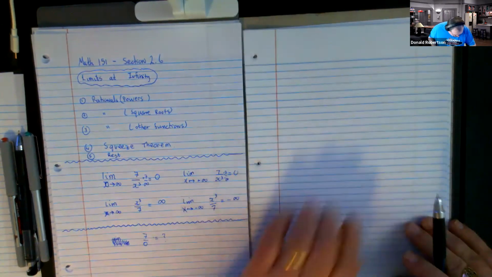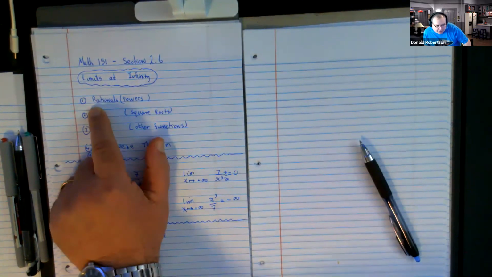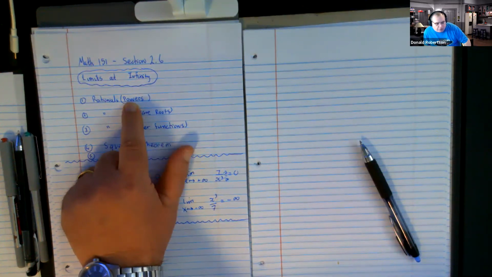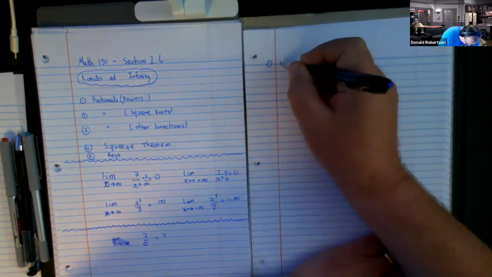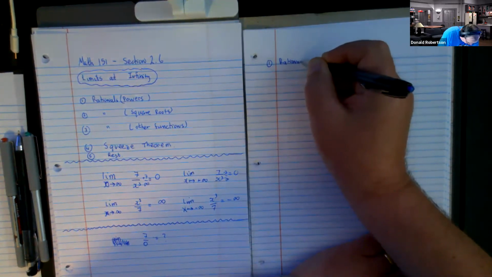So we are going to be looking at limits at infinity. 5 kinds. We're doing rational fractions that involve powers. Then we're going to do ones involving square roots, and that's what we're going to get covered today. So I'm going to jump right into the first kinds of questions, and that is rational expressions that use powers,